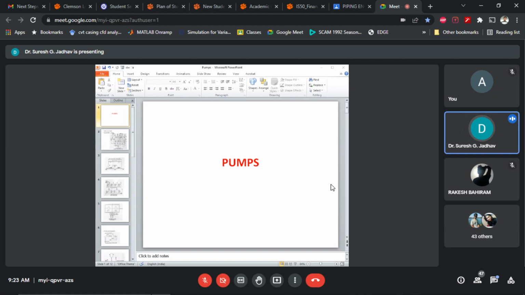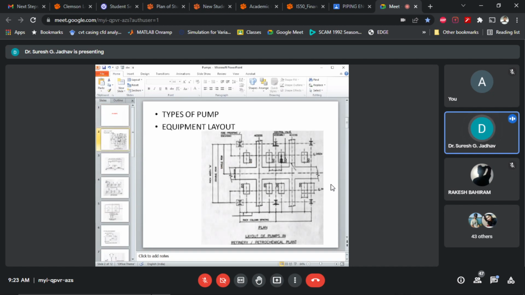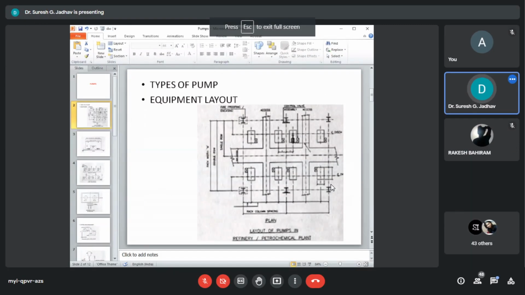Then, types of pumps. What are the types of pumps? Before looking into the layout and piping details of the pump, here you can see the equipment layout of the pumps in refinery or petrochemical industries. Basically, there are two types of pumps. First one is the centrifugal type, and second one is the positive displacement type.